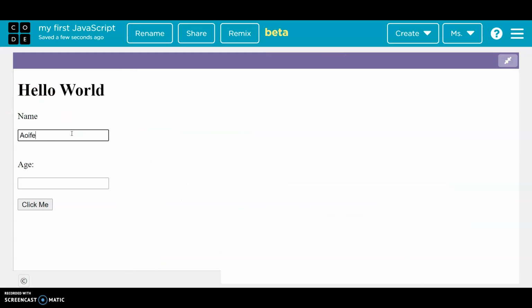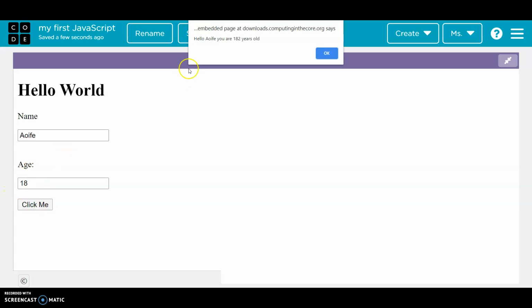So let's have a go. If I put in my name and my age is 18, I'm going to click here and it's telling me now, hello Aoife, you are 182 years old. So common sense will tell you that what it's after doing is adding 2 to the end of 18. So instead of calculating 18 plus 2 and getting 20, it has just added 2 to the